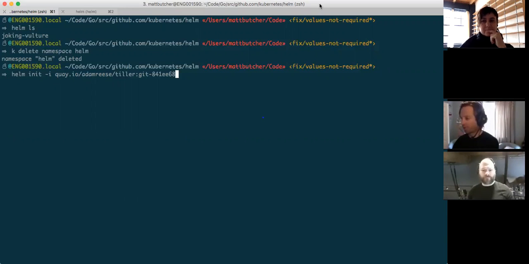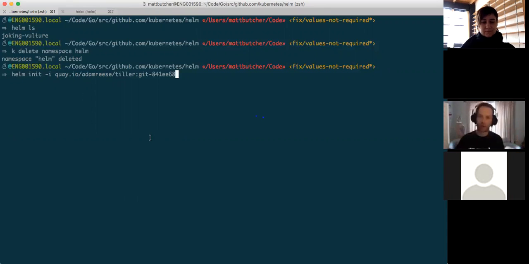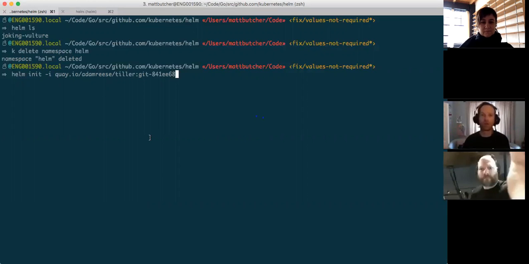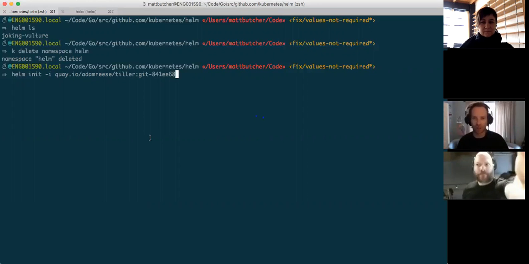Okay. So to start out with Helm, you really want to just get the local and the remote environment set up all at once, okay? So normally you simply type helm init, and what helm init is going to do is install and configure your local environment, and then it's also going to attempt to go out, grab the latest stable image, and install that into your Kubernetes cluster according to whatever you've already pre-configured kubectl to point to, okay?